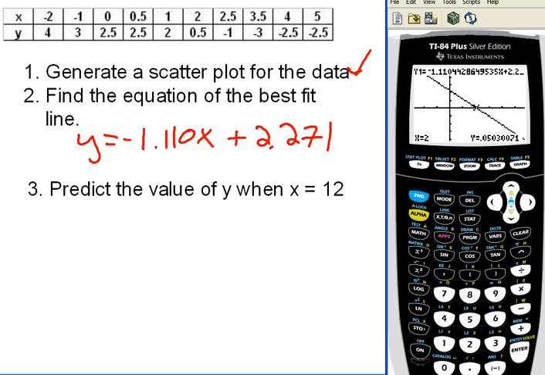We can just go second calc value. There's a shortcut for that, by the way. If I just hit trace and type in an x value, that's a shortcut. So if I hit trace 2, look what it does. It puts in x equals 2, and it gets me right back to that point with fewer keystrokes. So that is a little shortcut for you. But if I hit trace 12,